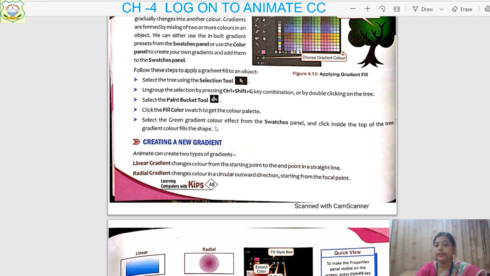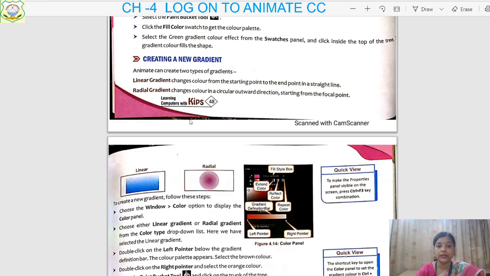Now, creating a new gradient. How will you create your gradient, children? This one was chosen from the inbuilt options. Now how to create a gradient? There are two types of gradient you first have to understand. The first one is linear gradient. It changes color from the starting point to the end point in a straight line.